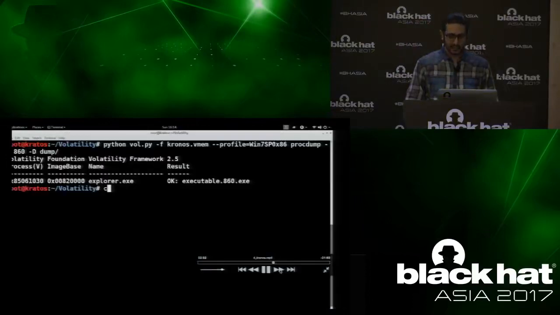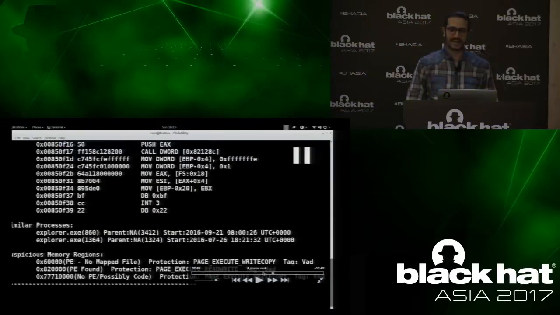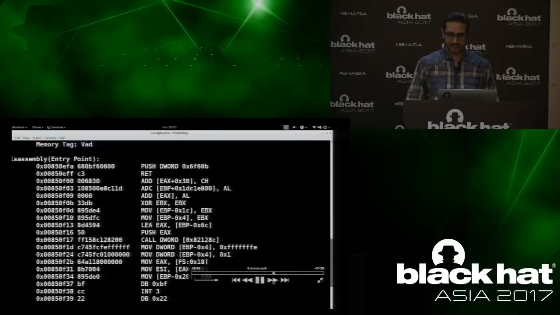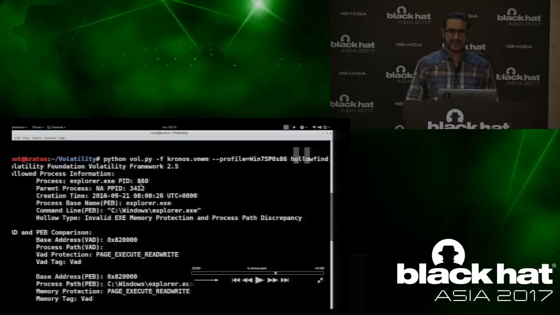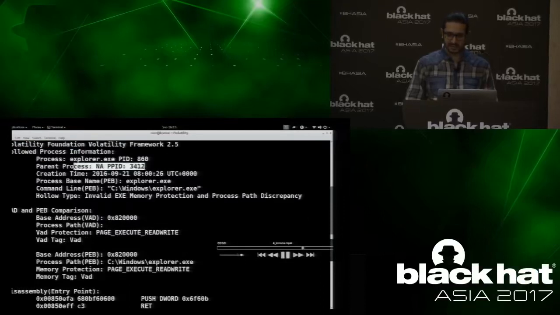Okay. So now, how does HoloFind help in this case? HoloFind again was designed to address this scenario as well. How does that work? Let me show you that. I'm running the HoloFind plugin, and you see that it detects explorer.exe as bad. It shows the discrepancy between the VAD and the PEB, and the memory protection is not normal. That's one thing. Second,